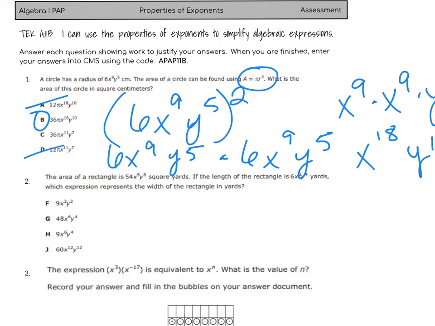So I think I was here. The length of the rectangle is 6x to the 3rd y to the 4th yards. And so we have to find the width. So there are 2 ways you can look at this. So if I have a rectangle,